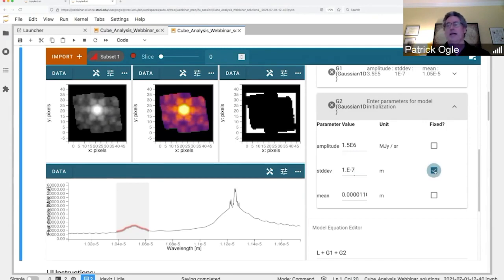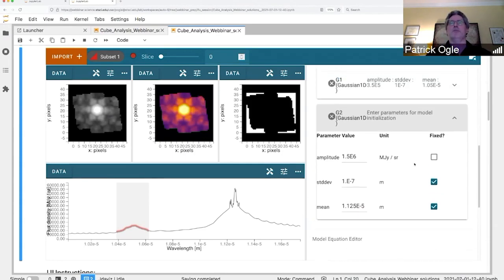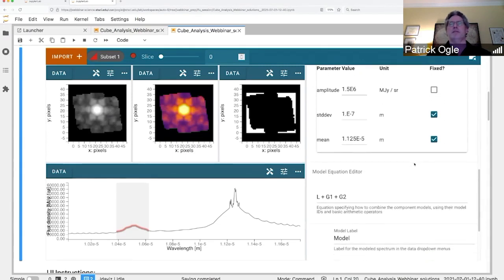I'm going to fix that. This one in particular has some trouble fitting because it has a funny wing on it, so we fix that. And also specify the central wavelength as 1.125 times 10 minus 5 meters, and we'll fix that. Once you've specified your starting parameters for all of your model components and checked the ones that you want fixed,